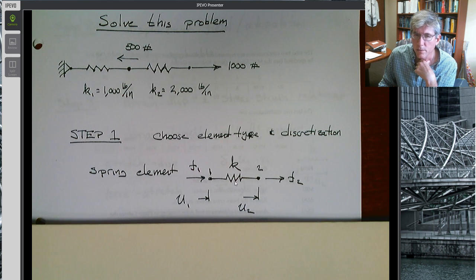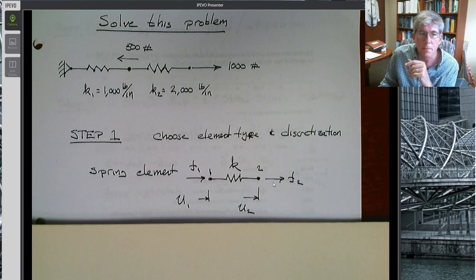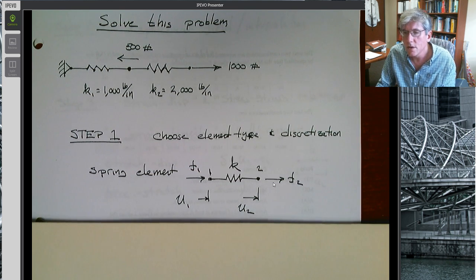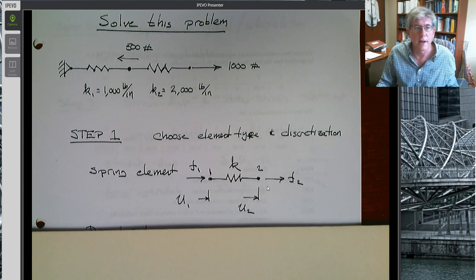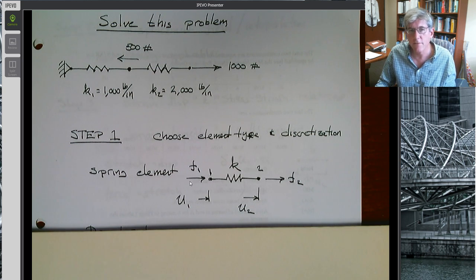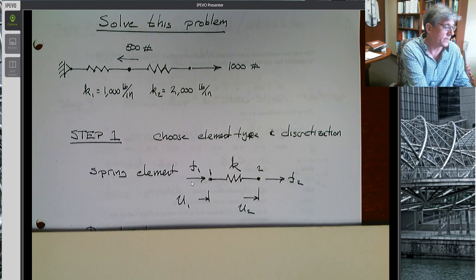And I know we always get this question: why does the force F1 act to the right when clearly it must act to the left because it balances out F2? Okay, that is true, and I'll talk about it a little bit, but I have it on the next page. Basically, it's because we have to be consistent with how we define the internal forces and the external forces. While in this problem it's obvious F1 is in the opposite direction of F2, if we have a much more complicated finite element mesh,